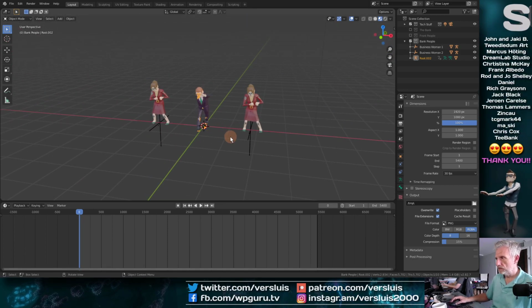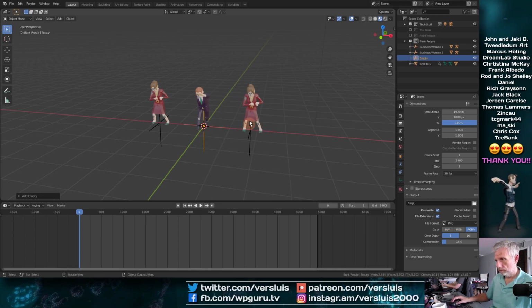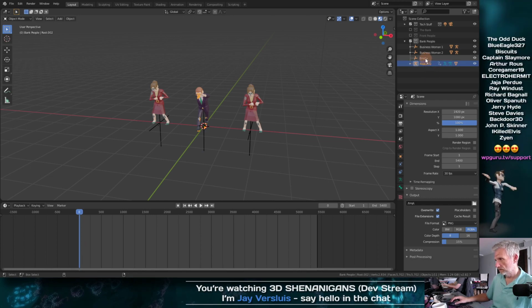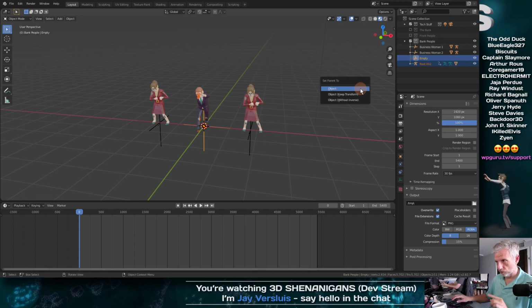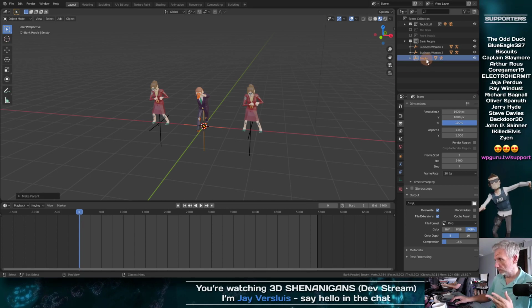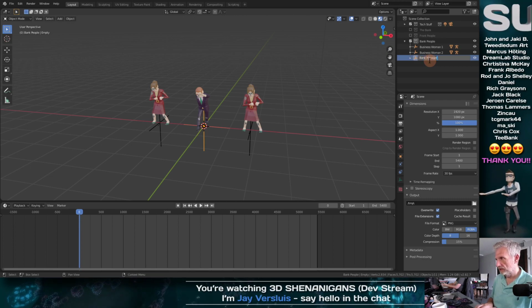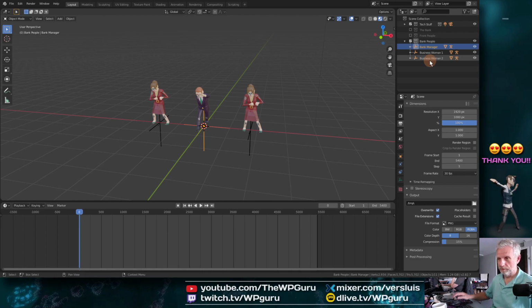So he needs his empty now. Plane axis. And I'll select the guy, then the empty. Then I go Control P while hovering over the viewport. Quickly do that and call him Bank Manager. NatWest Bank Manager.